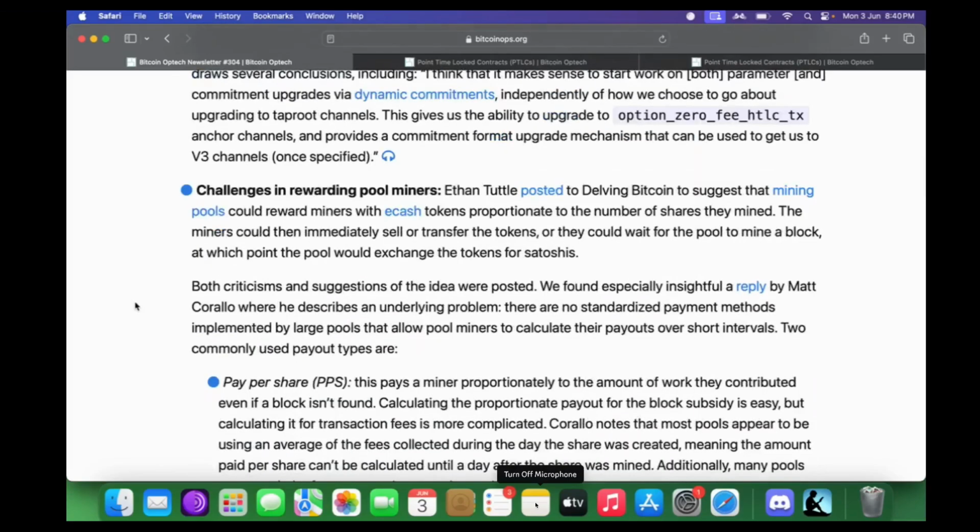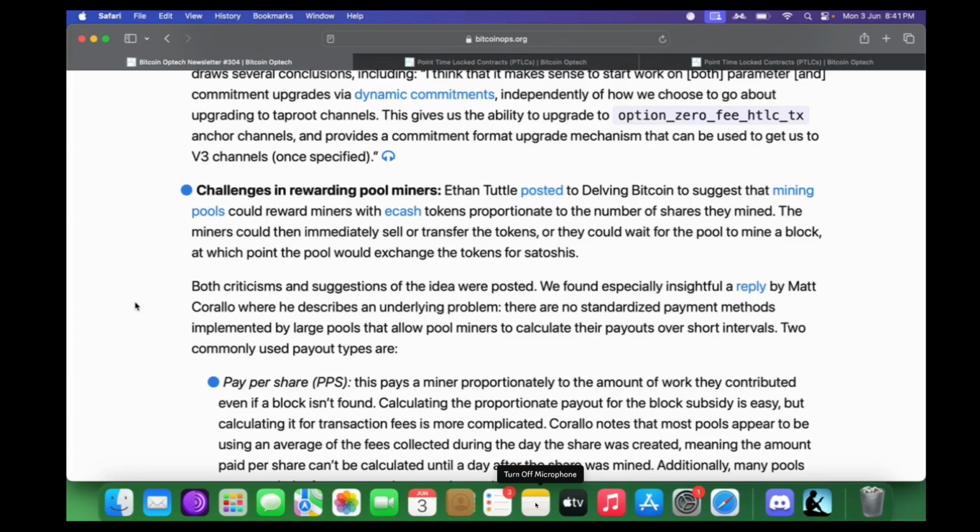Okay, so basically there are different mechanisms that different mining pools, to the best of my knowledge, deploy for paying the miners, right? Like some pools pay per share. I mean they pay a fixed amount per share to the miners. So the risk is entirely on the mining pool and not on the miners. So the miners get a fixed amount of payment